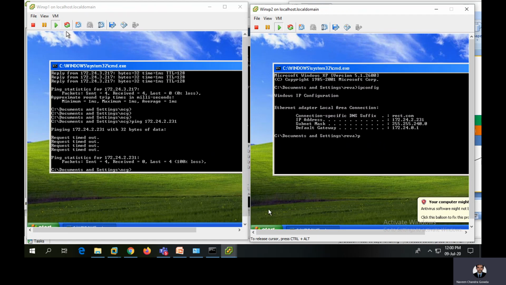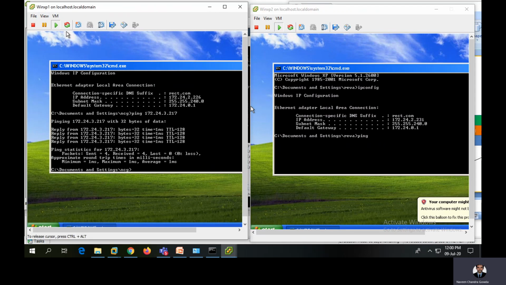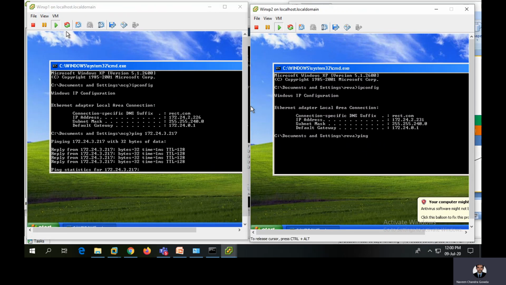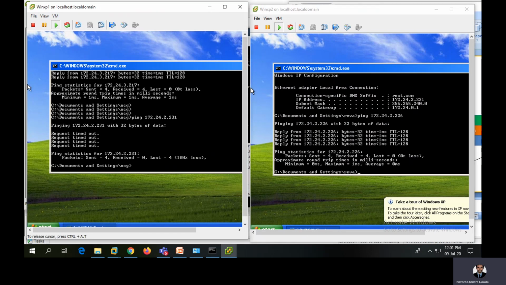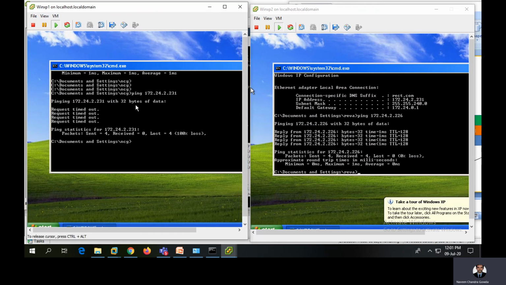Before that, I will show you something else. I'll just ping back. What was the IP address of this WinXP1? So when I ping it, 172.24.2.226, this is the IP address of WinXP1. When I ping this, I'm getting the successful messages. But when I ping from WinXP1 to the WinXP2, I'm not getting success. The reason, I hope you remember, is that in the WinXP1 we have already cleared the firewall. So WinXP2 could reach the WinXP1, whereas VM1 can't reach the VM2 because the firewall is blocking it